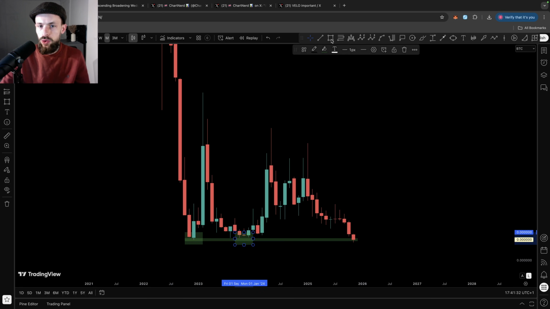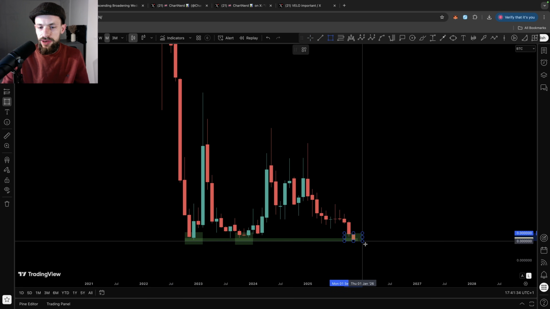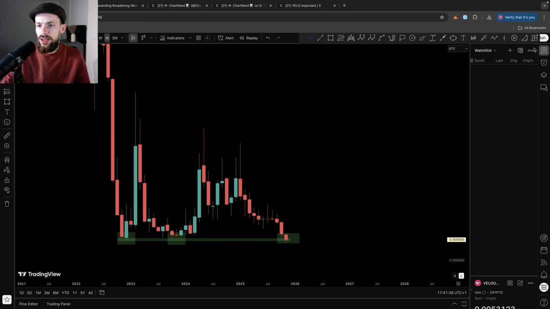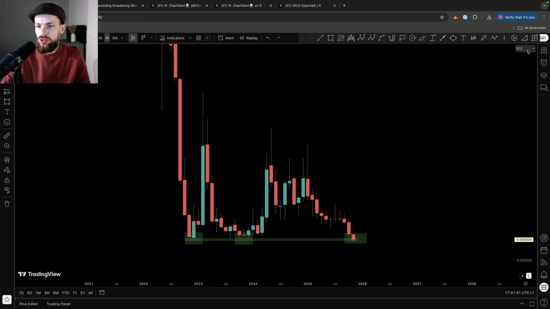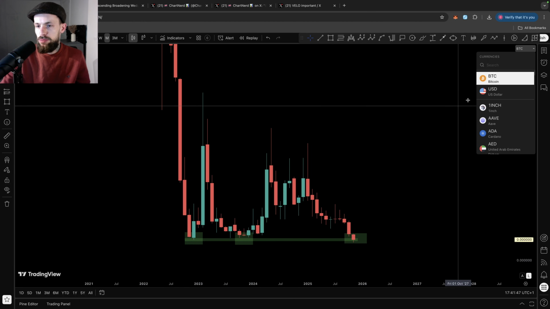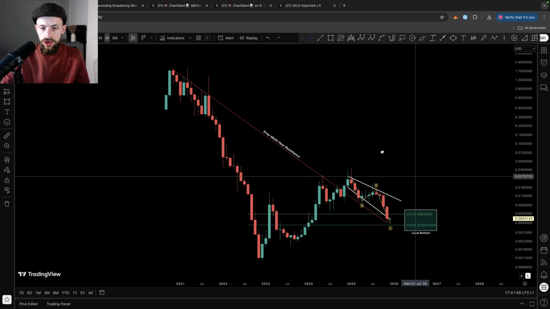The December period is a very, very promising area, so we do have the opportunity to mark a low here. Just going back to Velo's USDT pairs, if we look at the charts for November, December 2022 and November, December of 2023,